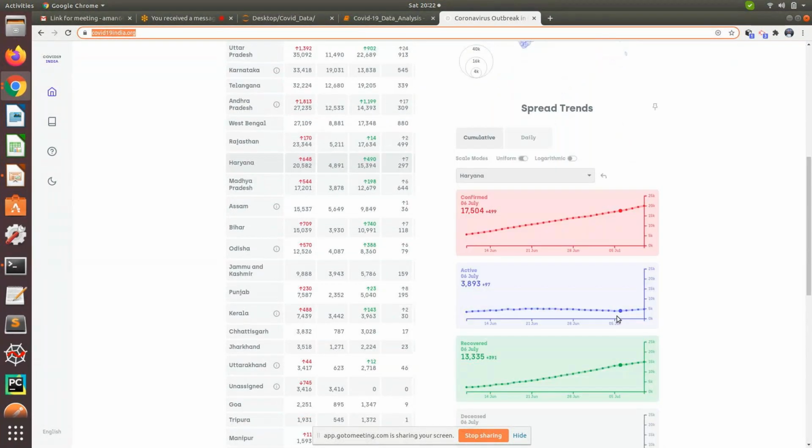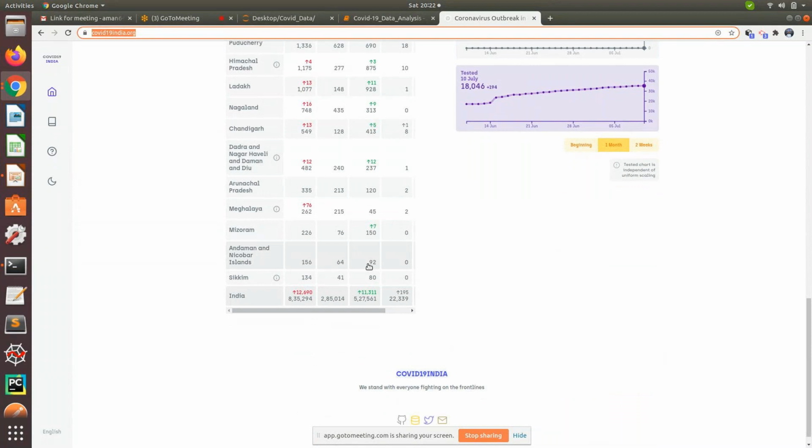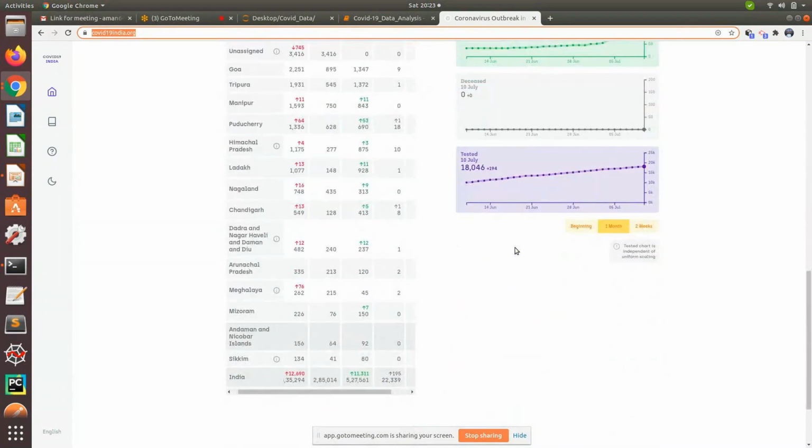This is the type of graphs we can see from visualization techniques. Fine. Now I have this dataset. This is our live dataset shown here. Now if I want to get this dataset,